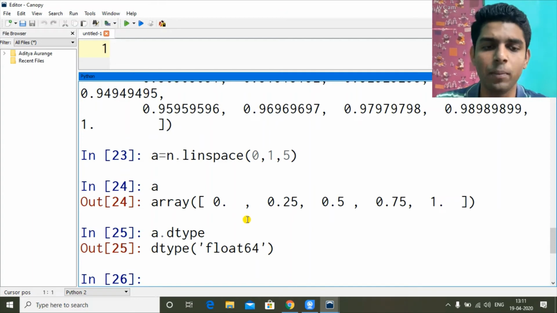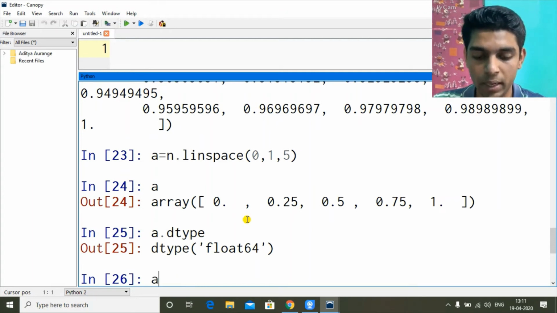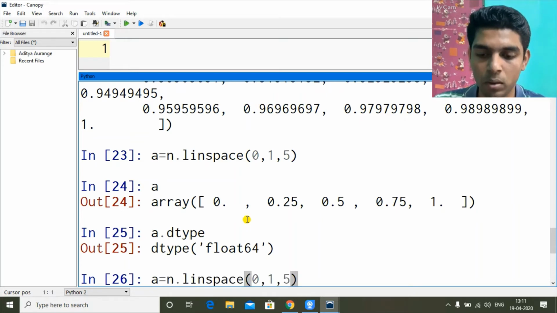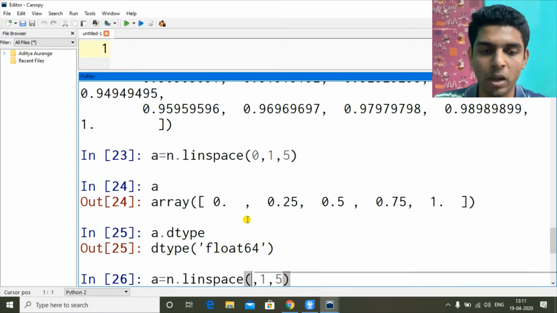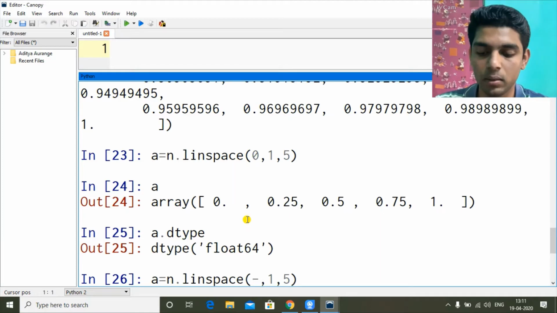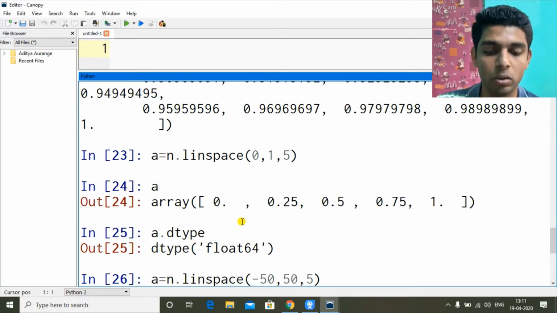The starting and ending point could be anything. So A equal to, let's use up arrow only. I want from minus 50 to positive 50. So how many points are going to be there? It's not 100, it's 101. So minus 50 to minus 1, 50 points, and then 1 to 50, 50 points, and 0 in between.